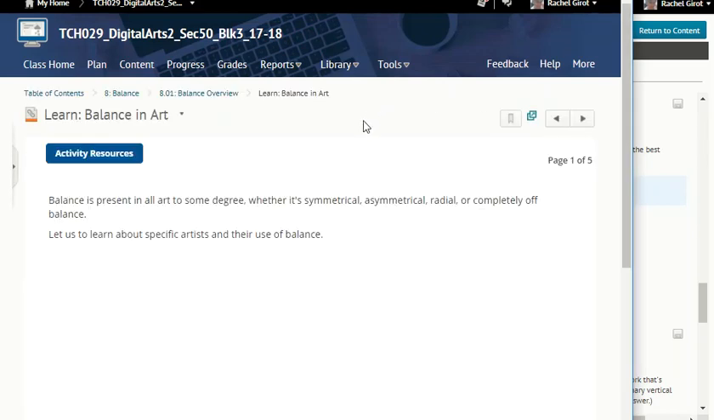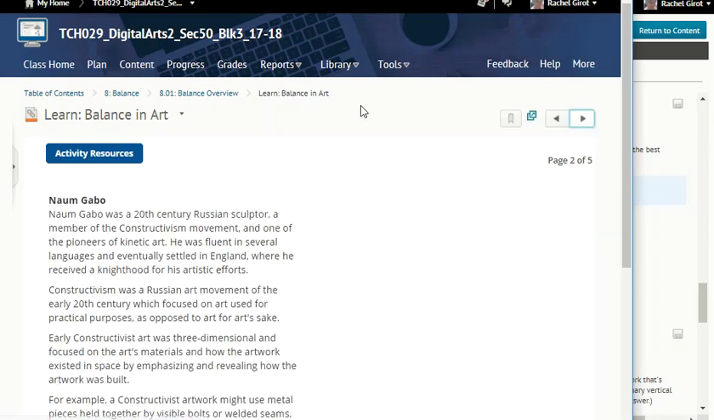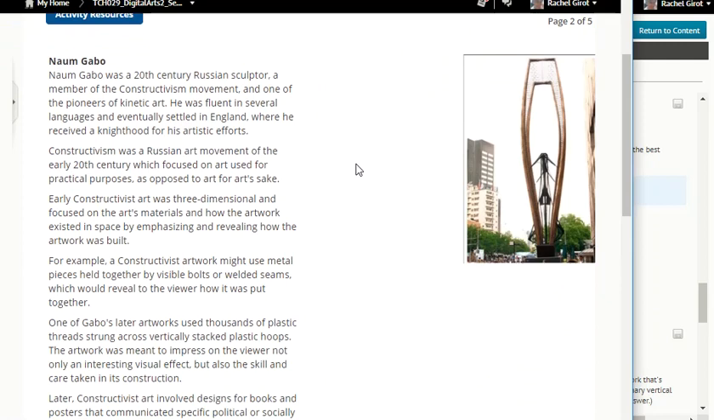Balance in art. Balance is present in all art to some degree, whether it's symmetrical, asymmetrical, radial, or completely off balance. Let us learn about specific artists and their use of balance. Naum Gabo was a 20th century Russian sculptor, a member of the constructivism movement, and one of the pioneers of kinetic art. He was fluent in several languages and eventually settled in England, where he received a knighthood for his